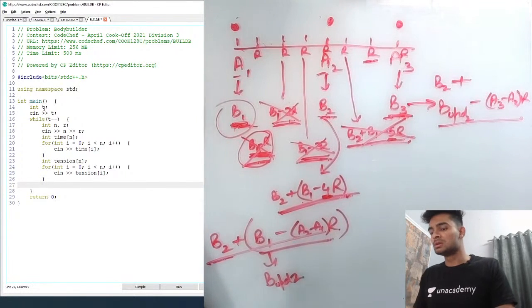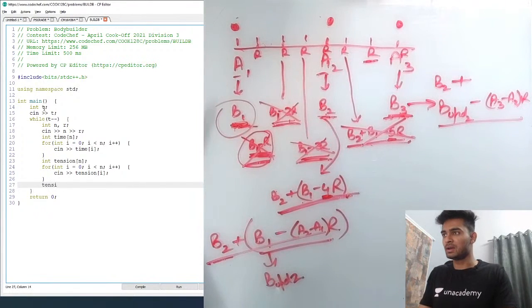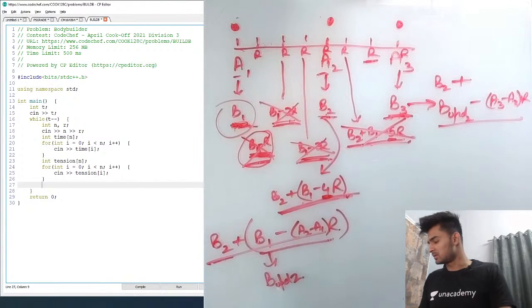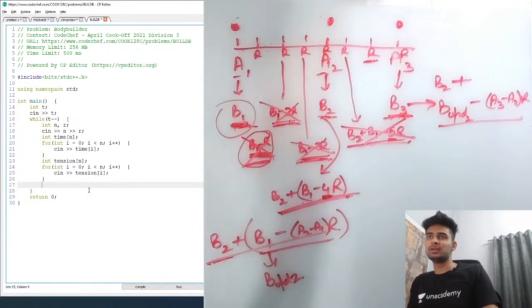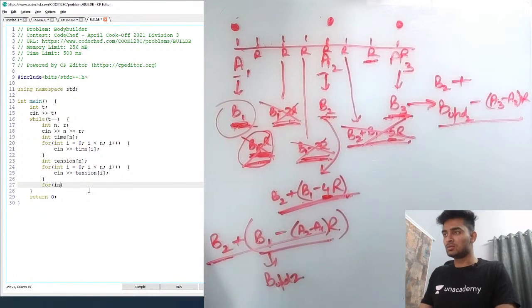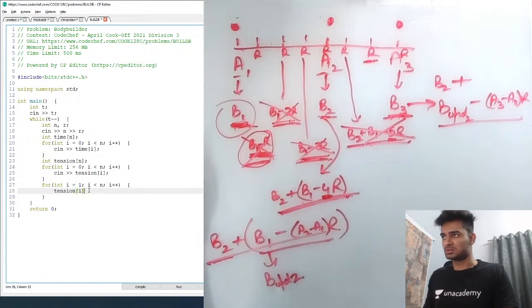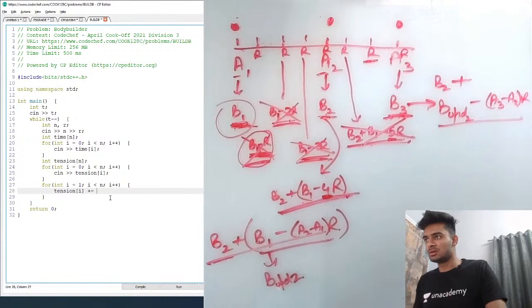Okay, cool. So let's now update these tension values. For the very first value, we know that we do not have to bring any difference. So we'll actually start this loop from 1 till n. And then we'll actually add some tension to every position. So tension[i] is actually going to become